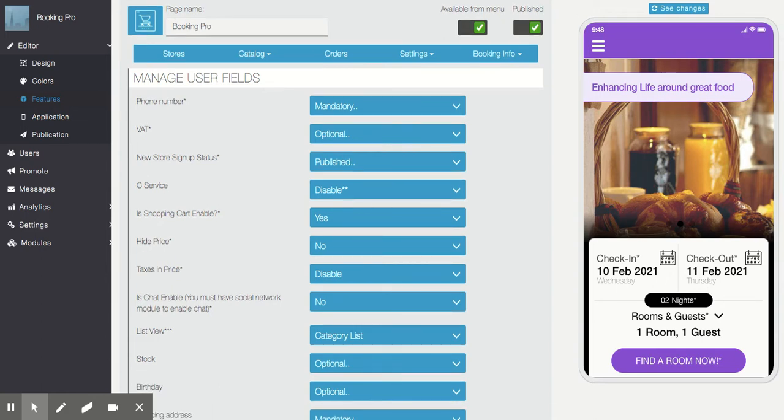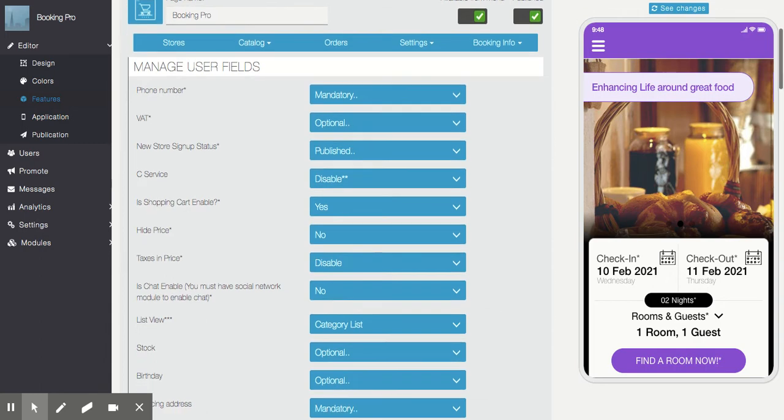Okay, so this is the Booking Pro module, and it is like an add-on to Commerce Pro. The admin side will be almost similar to the Commerce Pro module, and to use this Booking Pro module, you need to have the Commerce Pro module. Apart from the basic Commerce Pro features, we have added many things related to bookings, and it is a complex module which will have different use cases and different scenarios like Commerce Pro.